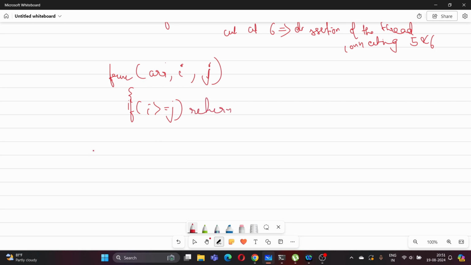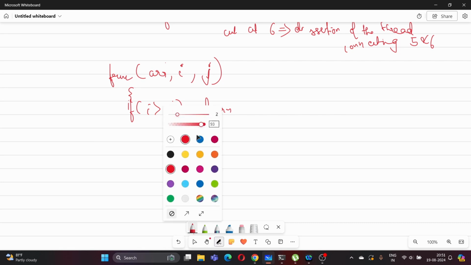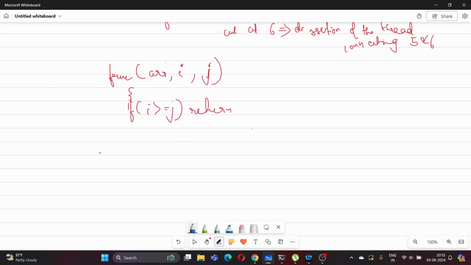Now the iteration part, and all you need to do is for int k equal to i, where the endpoint is j, k is less than or equal to j, k plus plus, and at every point we have to dissect it